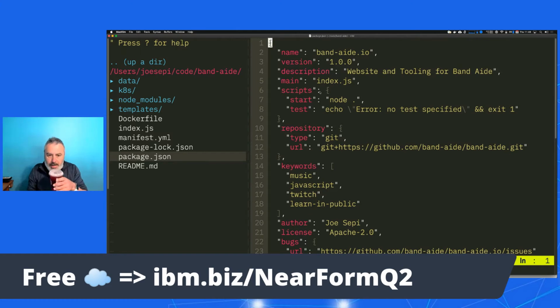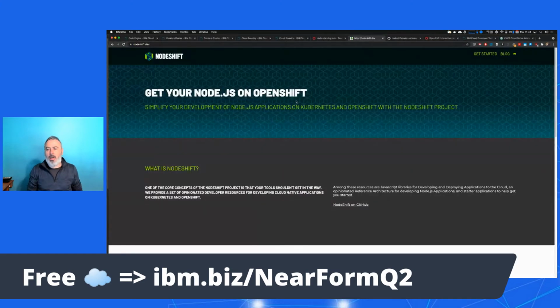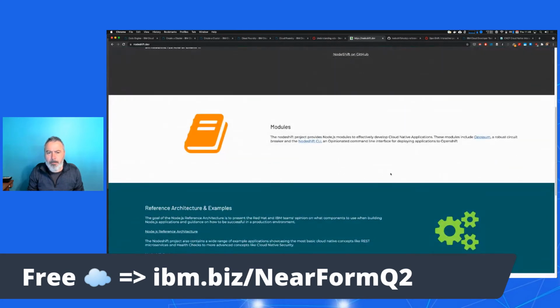So here is a package JSON file. This is my own kind of thing, but it's got a bunch of things in here, particularly like start and test. If I had a more robust application here, you'd have a whole variety of scripts here, and NodeShift would understand what those are being used for and be able to take advantage of that, right? And again, it's opinionated, so it takes some